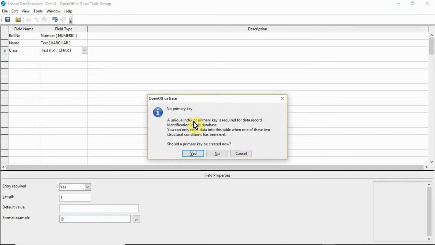A dialog box will appear. You are asked to set a primary key for the table you just created. You can select the appropriate option to set the primary key or leave the table without a primary key. If you click yes, the application will set the primary key for the first field created automatically.